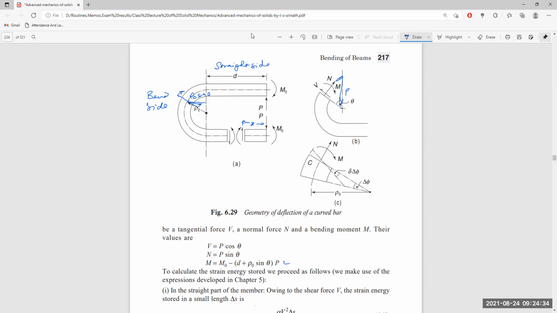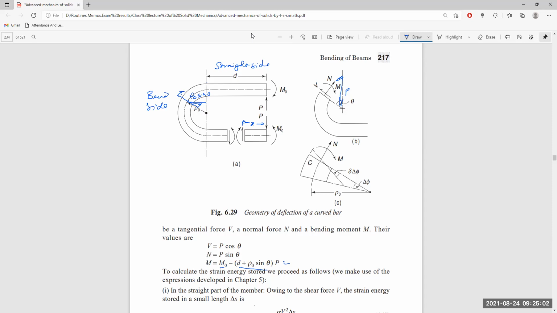This bending moment is acting anti-clockwise, so both these sides should be negative here. P is acting in clockwise direction. So M is acting clockwise, P is acting, this portion of the bending moment is clockwise, and M0 anti-clockwise. Thus, if we add them together and equate to 0, this equation will give M equal to M0 minus (1 plus rho 0 sine theta) into P, where